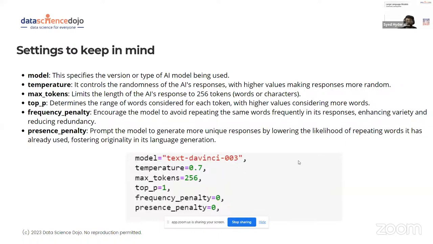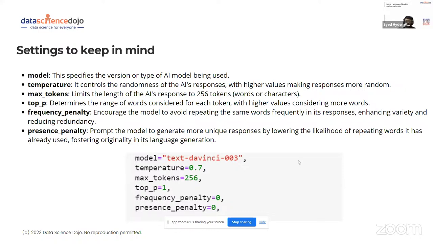So that top P value would determine which word has to come next. I'll show you the example I had. And frequency penalty encourages the model to avoid repeating the same words. If you increase the penalty value, it will have fewer repeating words. And presence penalty is like unique responses; it decreases the likelihood of repeating words which it has already used.